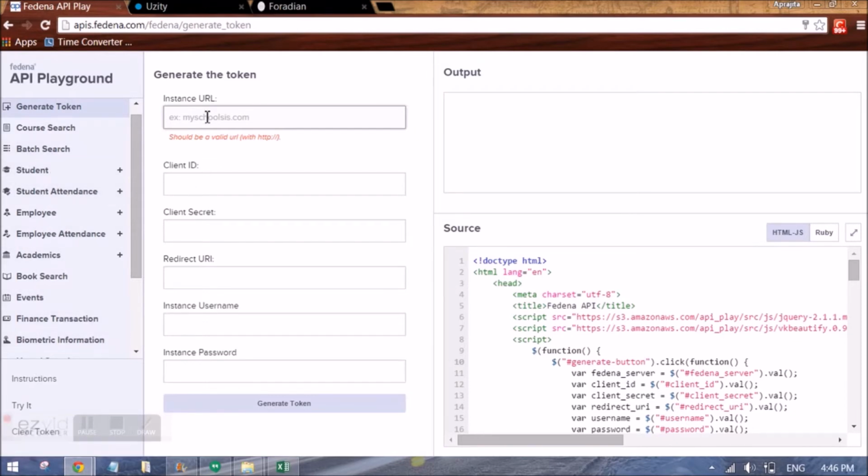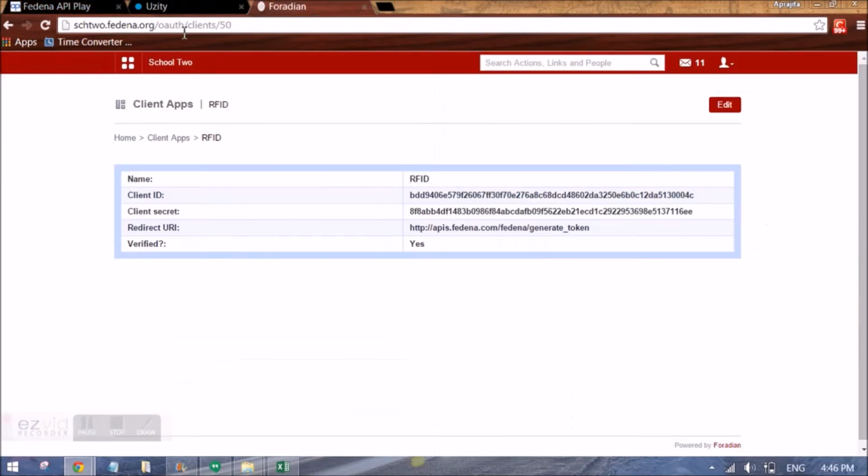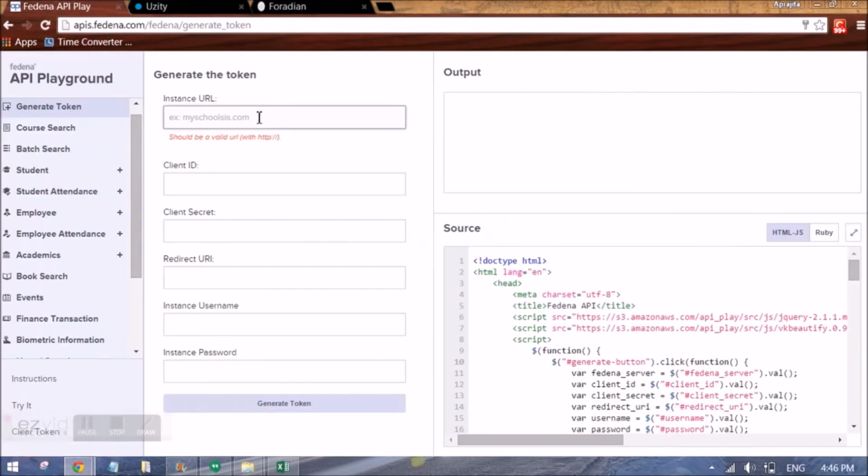So I'll be giving the URL of the school. As I said, it can be a live school or it may be a sandbox or a demo account school. So right now I'll be using this URL, and the URL has to be full. It has to start with the protocol like this.